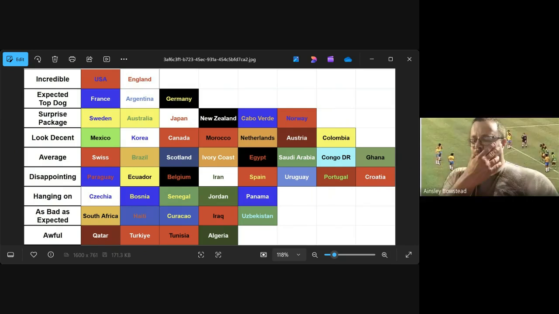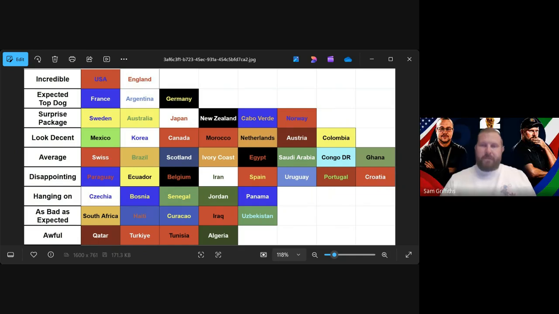Well, we mentioned Tuchel's squad selection beforehand because, as you said, this is a man who isn't afraid to drop names and drop players. So the fact that he picked a team that missed out certain players wasn't maybe that surprising from a guy who didn't take the named players that you might expect him to take.